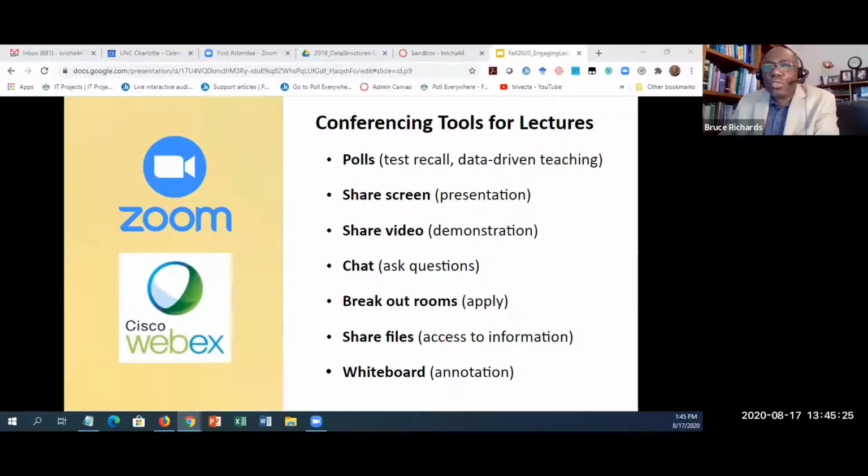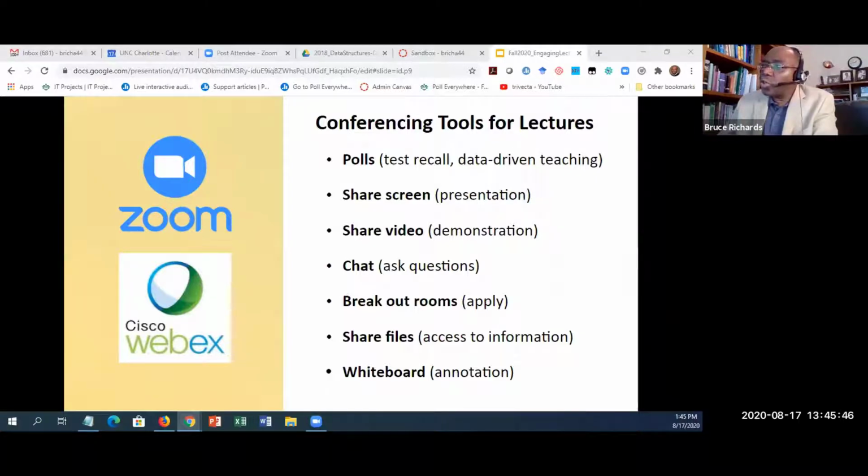There are many tools that one will be able to use. And while we're using Zoom here for this presentation, just recognize that the university, at least for the next semester, if not for the next year, will have options to go from Zoom and WebEx.